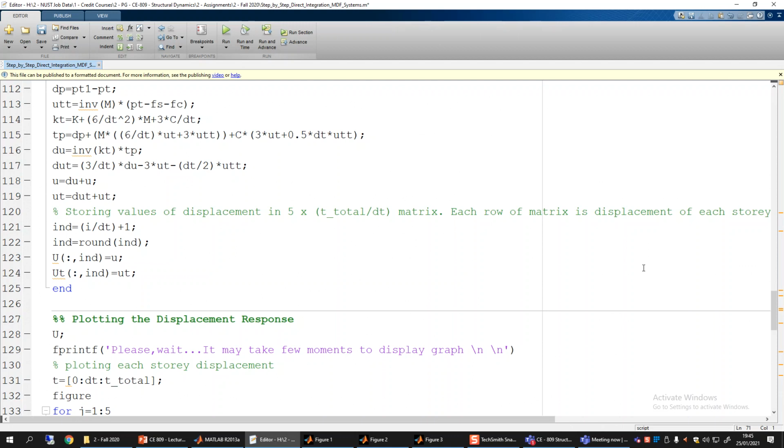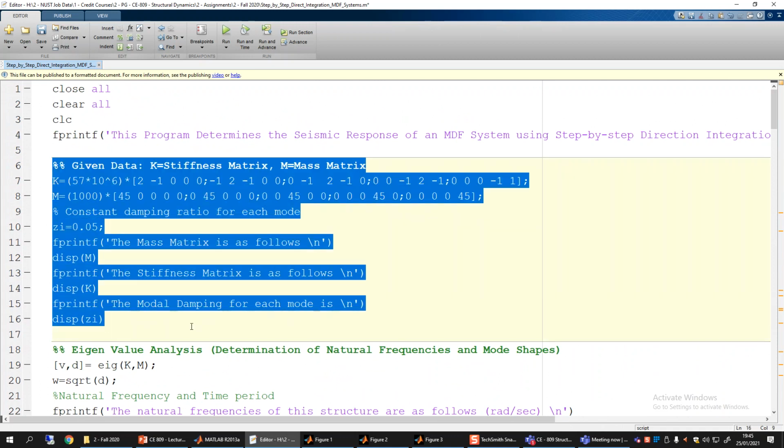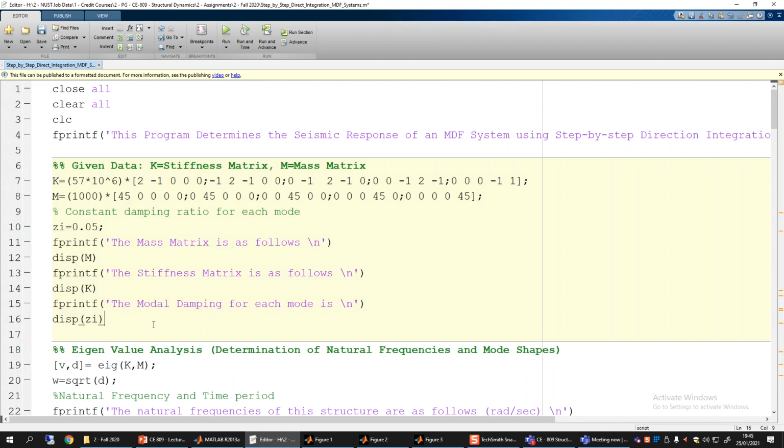Obviously, I am directly fixing the M and K matrices. All of the data which is here is directly given by myself. It is not taken from a user. So M and K and Xi are directly fixed. In programming language, we call it I hard code that value. So it is not a desirable practice.